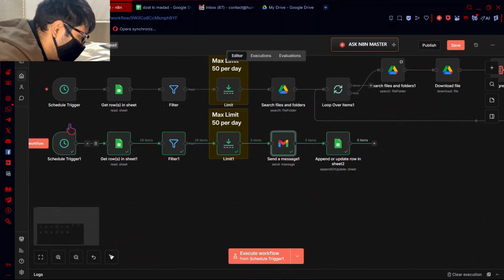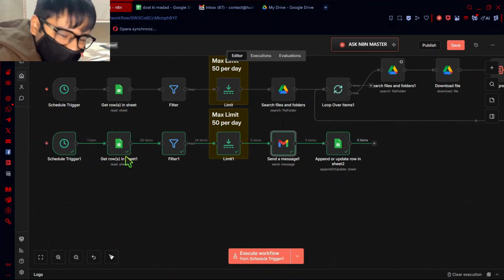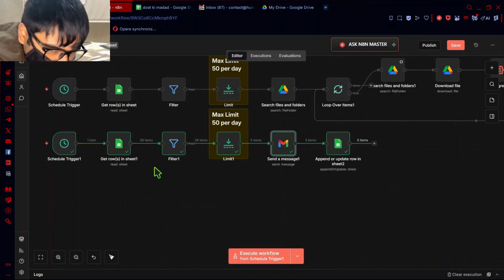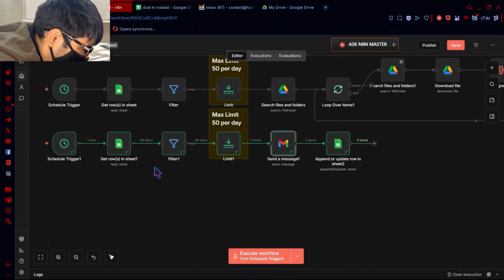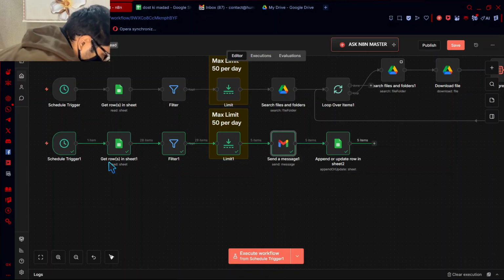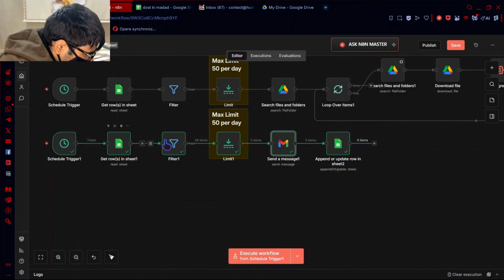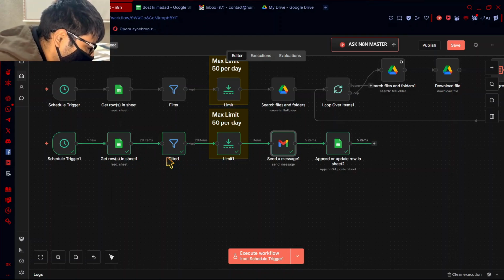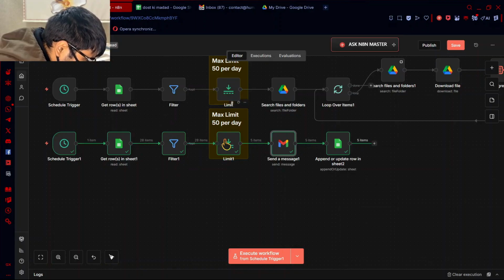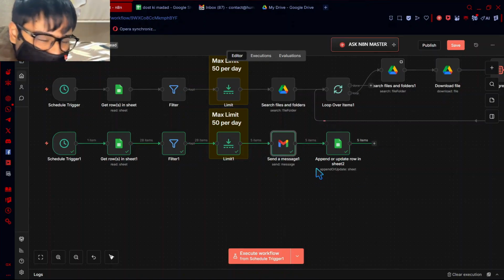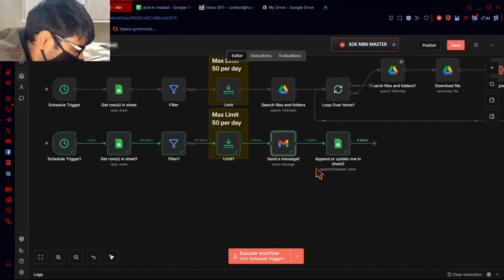Every day it goes through a schedule trigger at a specific time, then it goes through our sheet and takes out all the items, then it filters out those items which were already sent. Let me explain how it is going. First it goes through the trigger, then through the sheet, which gathers all the data available in the sheet. Ignore the filter for now. Then it goes through the limit, which is the maximum limit, like 5 as we did for the example. Then we use the mail node, and it's saved. These 5 emails have been sent.